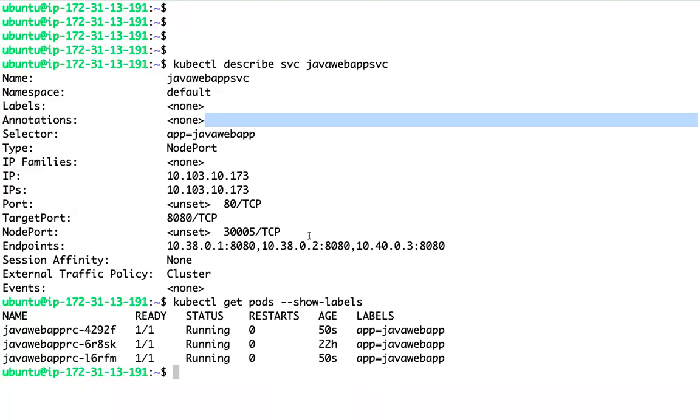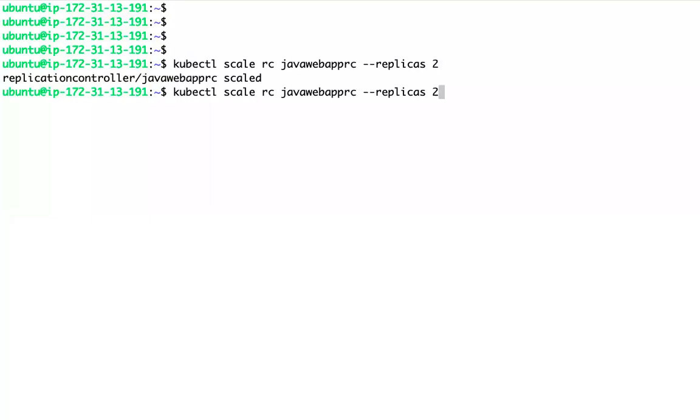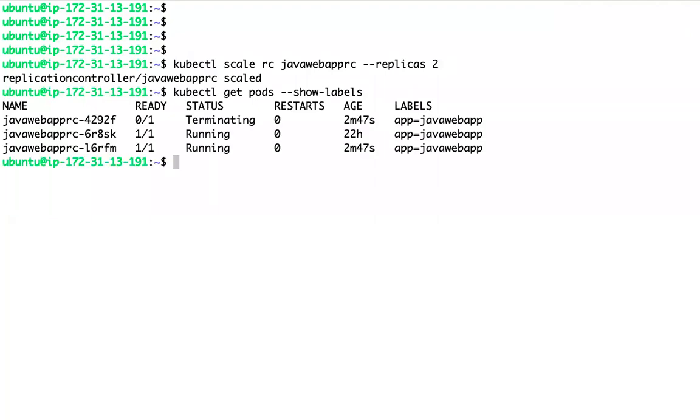So far we are doing manual scaling. As of now, we are doing only manual scaling. We are manually able to scale up and scale down the pods. I scale down to 2, and one of the pods is getting terminated. So it's manual scaling.